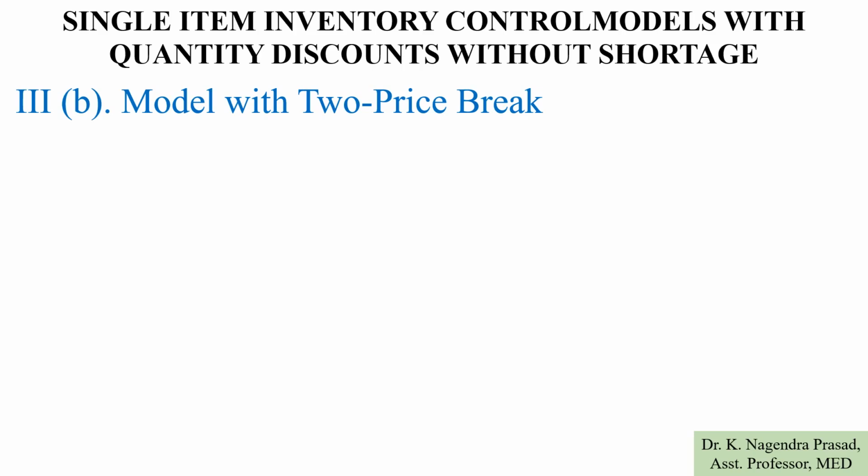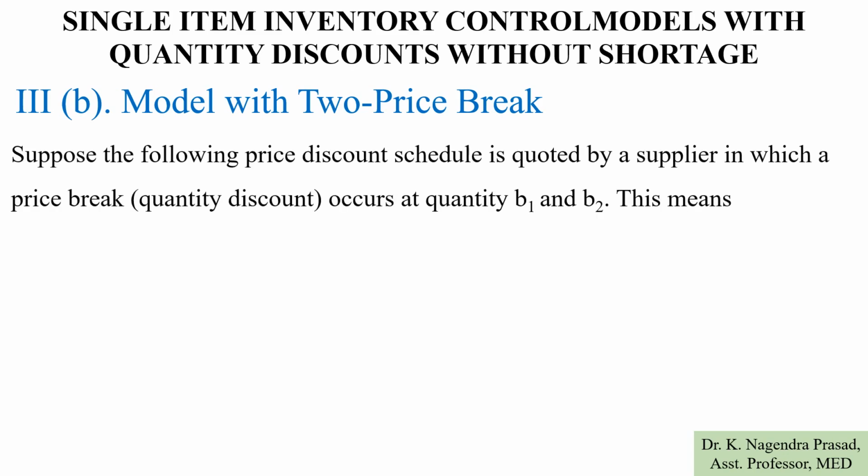Hello everyone. In this lecture, we will discuss the procedure for the optimal purchase quantity of the two price break model. Suppose the following price discount schedule is quoted by the supplier, in which a price break occurs at quantity B1